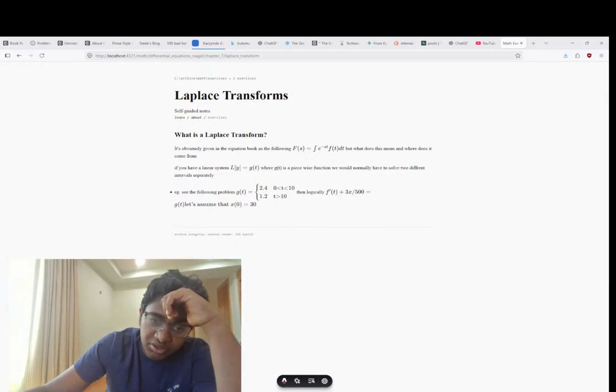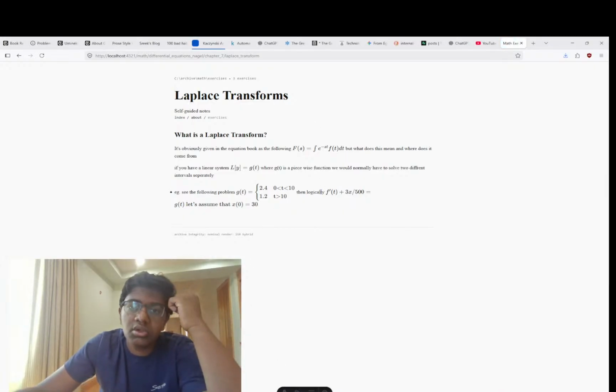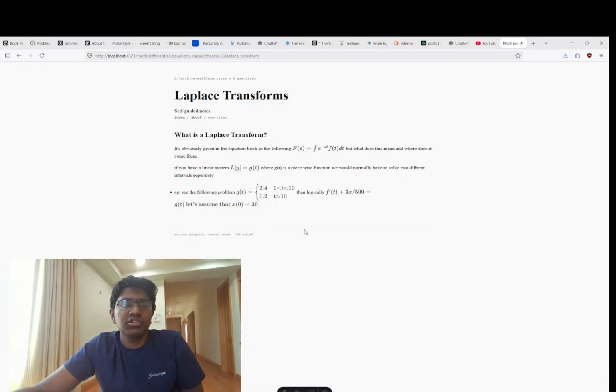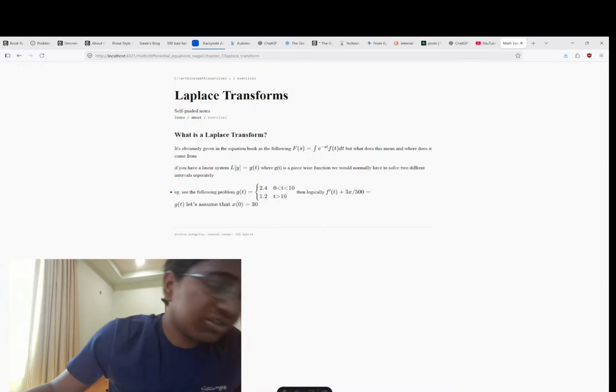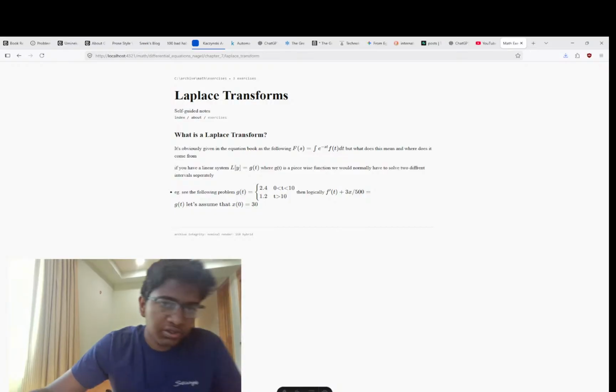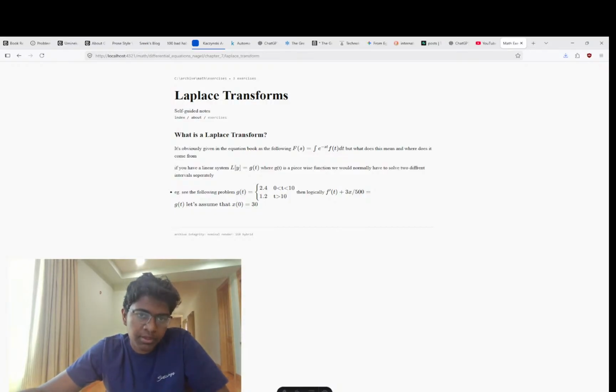We just fix the spacing on this real quick. Okay, cool. Then logically, f prime of t equals 3x over 500 equals g of t. So let's assume that x0 equals 30. So let's just do this problem real quick. So if we're doing this problem,